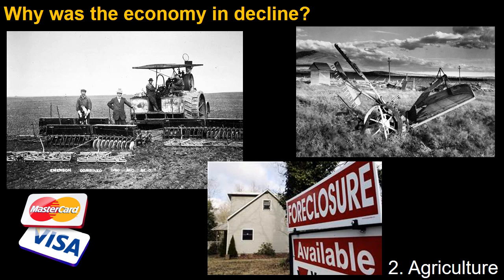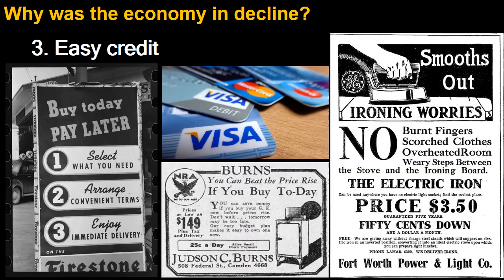Those farmers who had gone into debt couldn't pay off their bank loans. They lost their farms when banks foreclosed and seized their property as payment for their debt. As farmer after farmer defaulted on their loans, rural banks began to fail. Auctions were held to recoup some of the bank's losses.